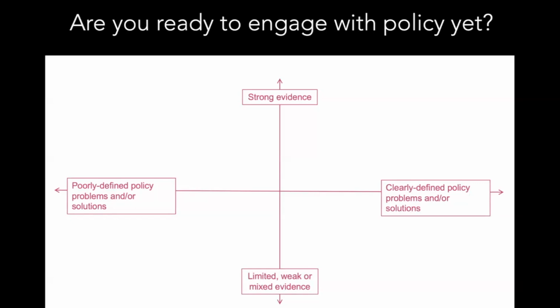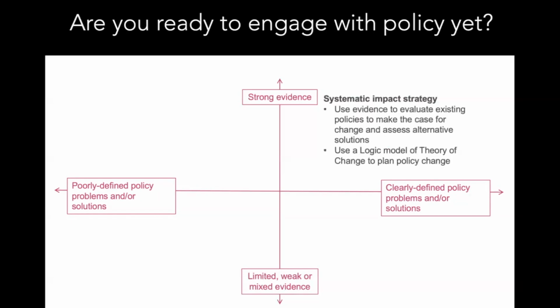And yeah, I'm asking myself, is this a clearly defined policy problem with a clearly defined set of solutions? Or actually, is this quite poorly defined? And do I need to do a bit more work on the nature of the problem and its solutions? So, first of all, you may be lucky enough that there is strong evidence that you agree with your policy